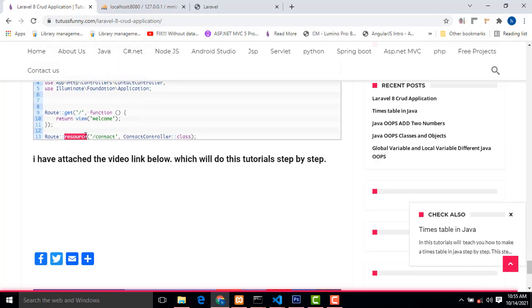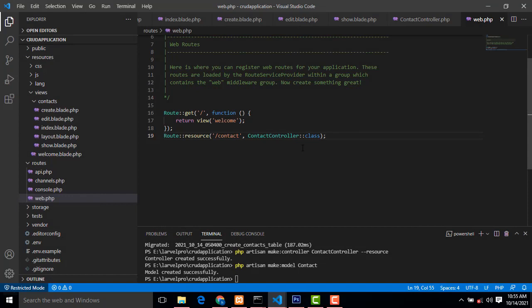When you are using the CRUD functionality, in Laravel we don't have to use get, post, patch, everything. There are many of them: get, patch if you edit the record, post. Laravel simply launched a new method called resources. Resources control all the CRUD operations with a single line. We have to use resources.